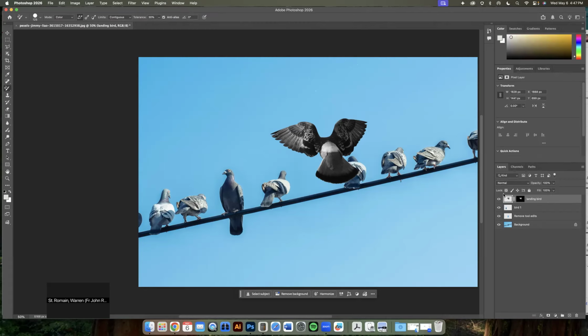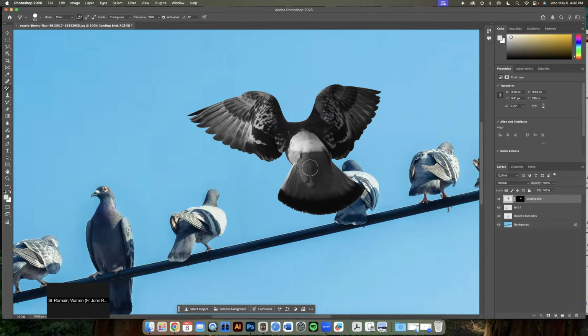So I'm going to go over here. And once I do that, then I have editing controls. And I want to pick up the blue from the rest of the birds. So while I have this tool selected, I'm going to hold Option on my keyboard, and it's going to pull up the eyedropper tool. And I'm going to zoom in a little bit, Command plus,